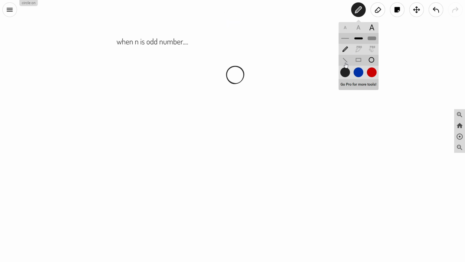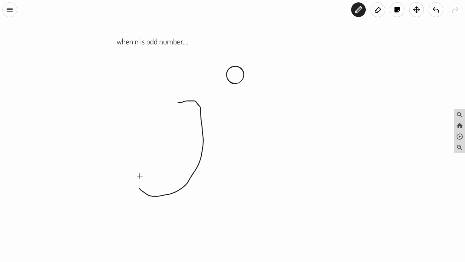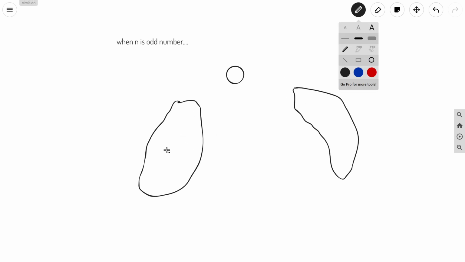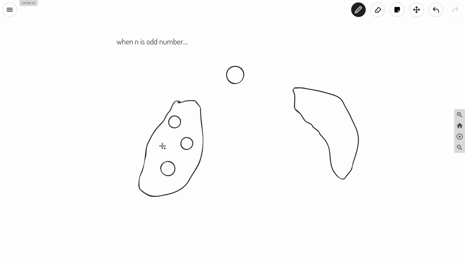Somehow I will get the number of trees for the left part, and somehow I will get the number of trees for the right part. Let us say on the left part we have 4 full subtrees with us, and for the right part you can have these subtrees with us.